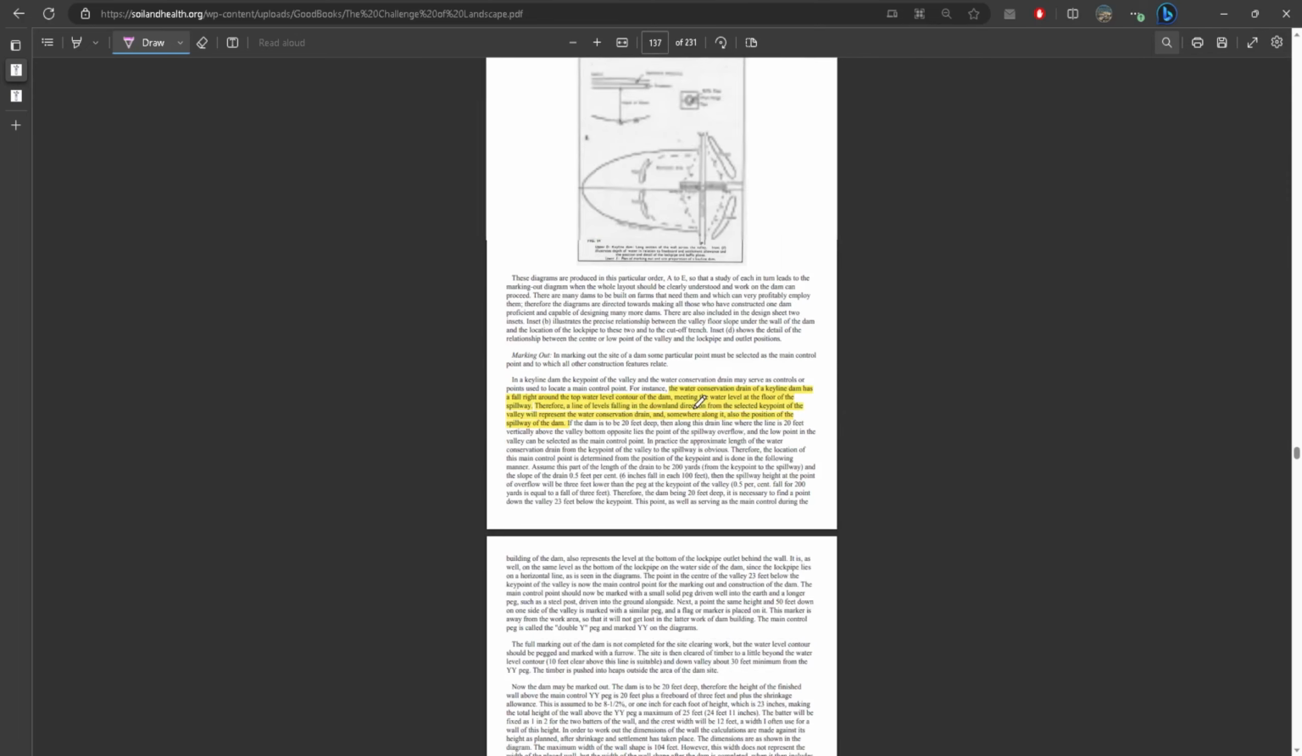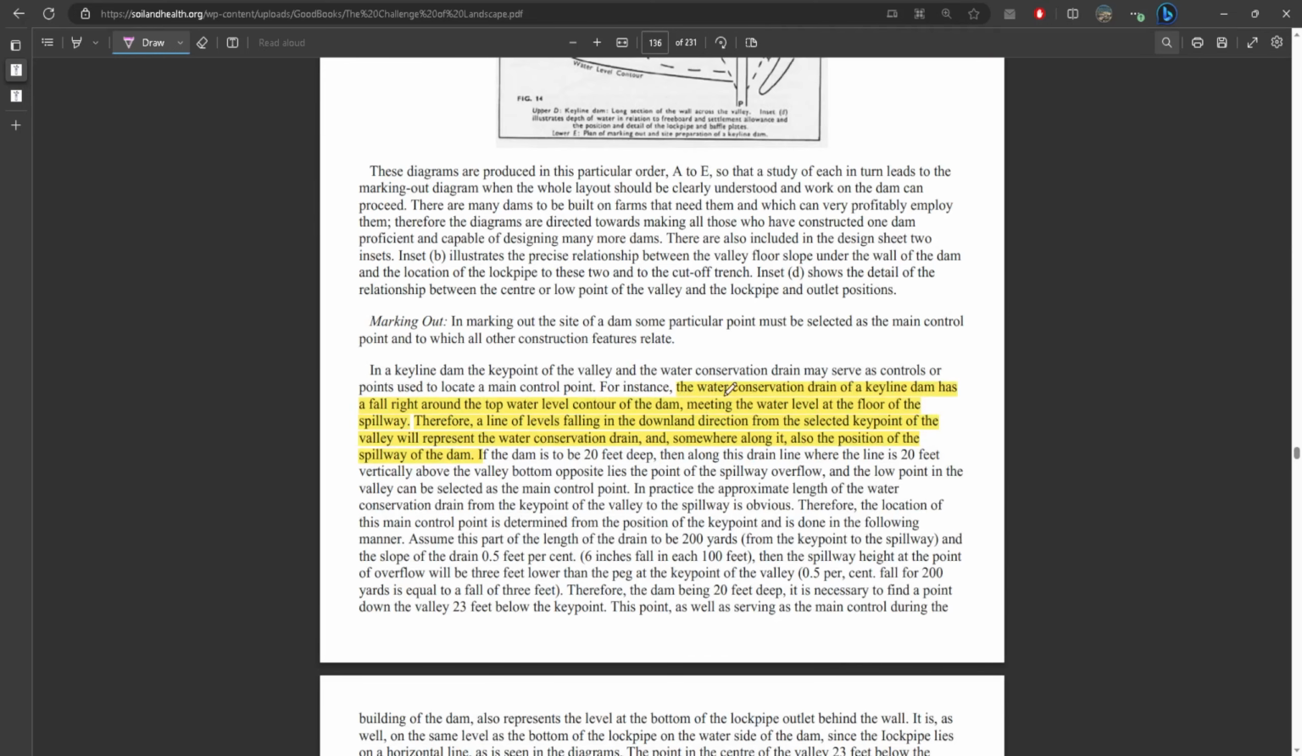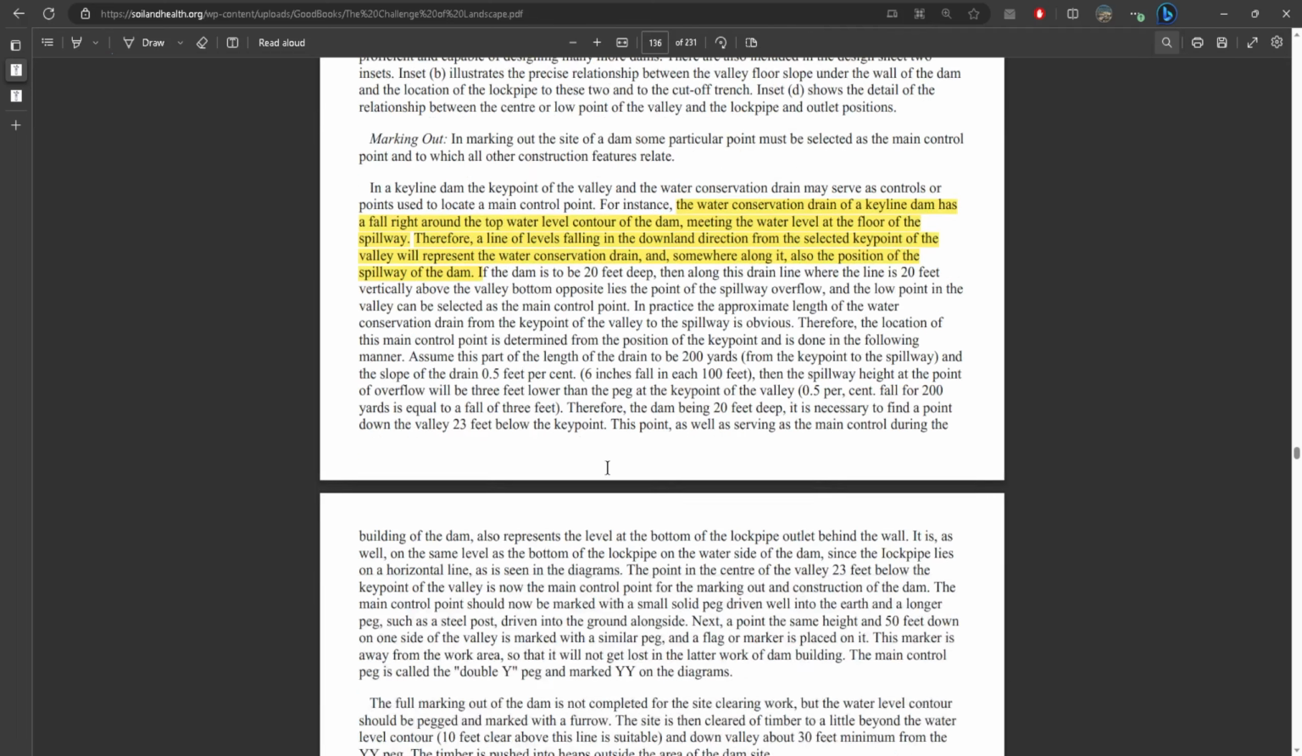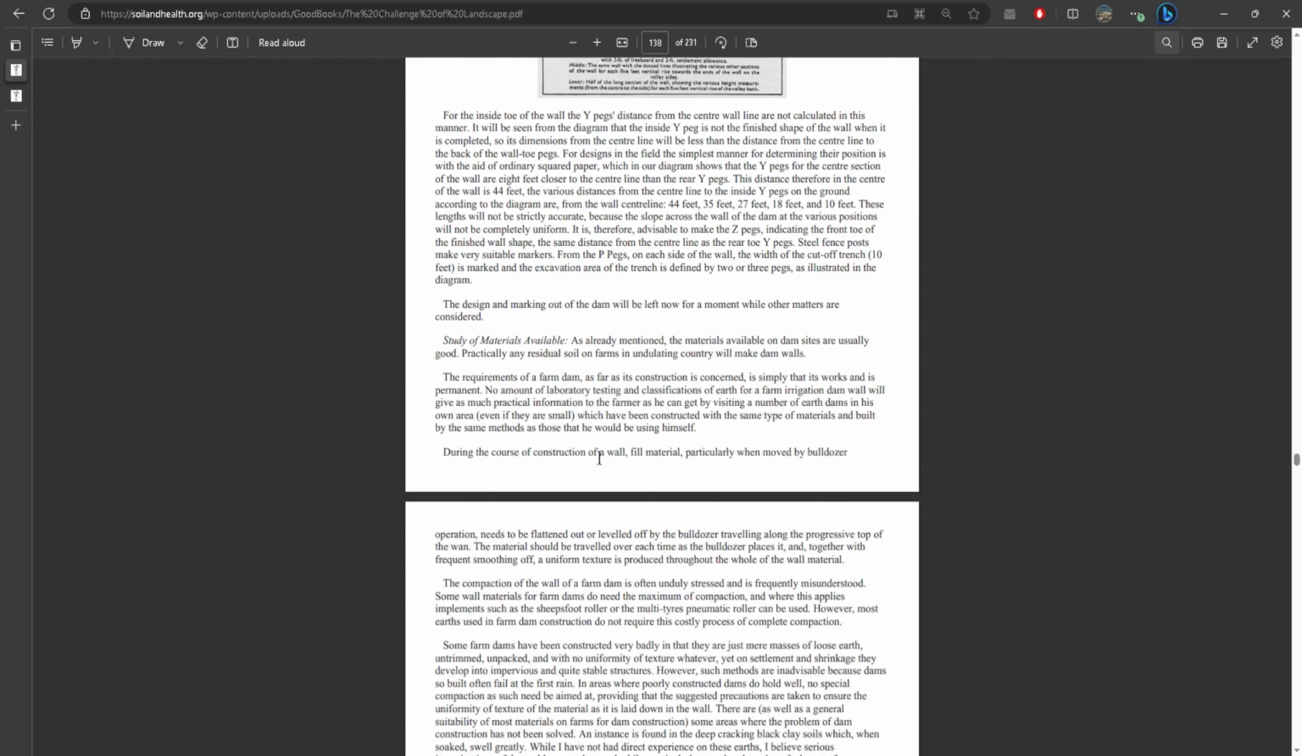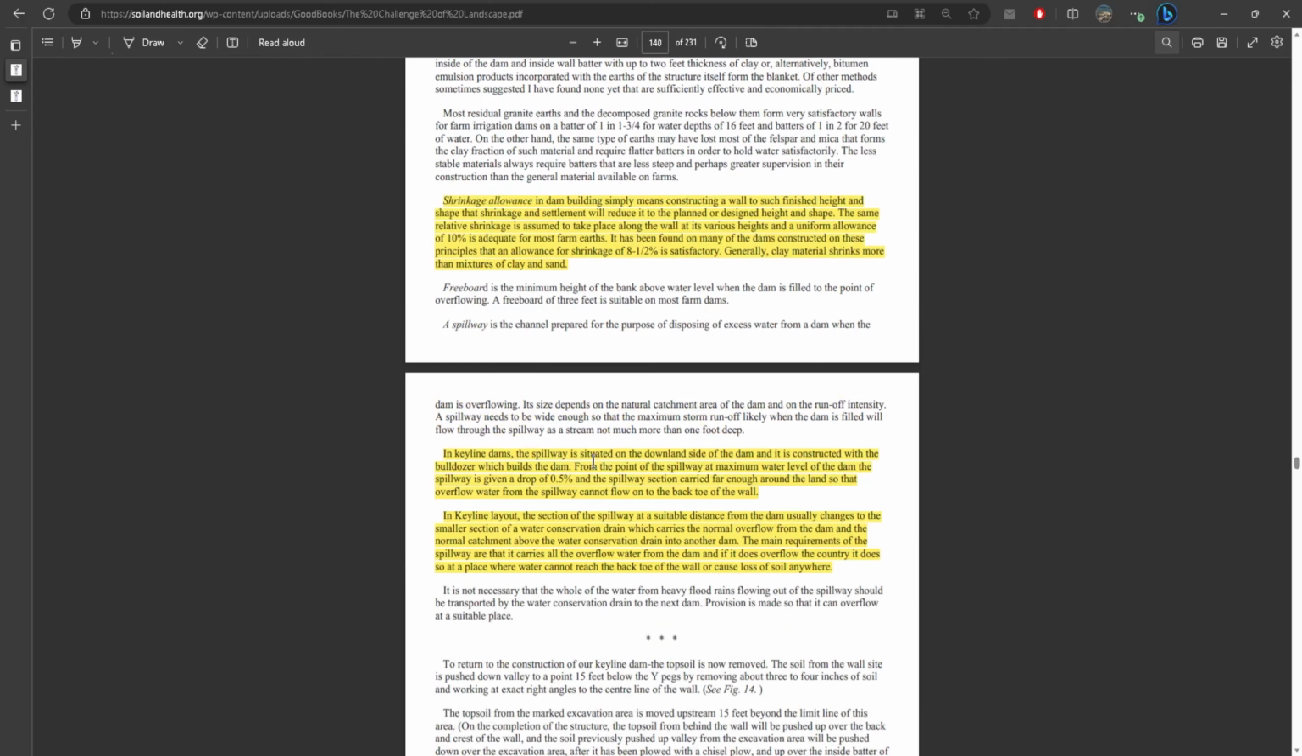Now, as we are doing all of this, I'm going to come back to this document and we're going to talk about these details here that I have highlighted. So, for example, right here is where I was talking about that he specifically says that the water conservation drain of a keyline dam has a fall right around the top level contour of the dam, meeting the water level at the floor of the spillway. So this is that detail I was trying to explain earlier. And he says a lot of these things that it almost feels like they're introduced into the text as not a very important point, but they're actually crucial for the building